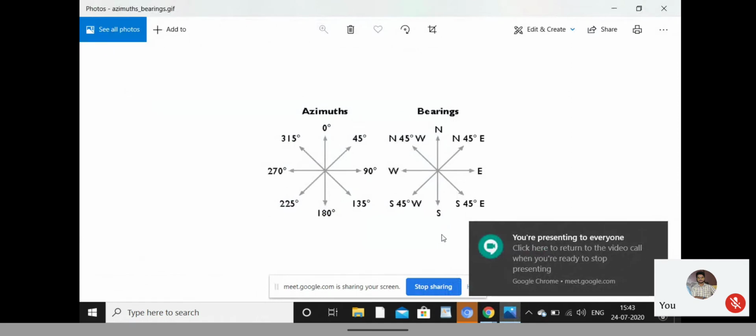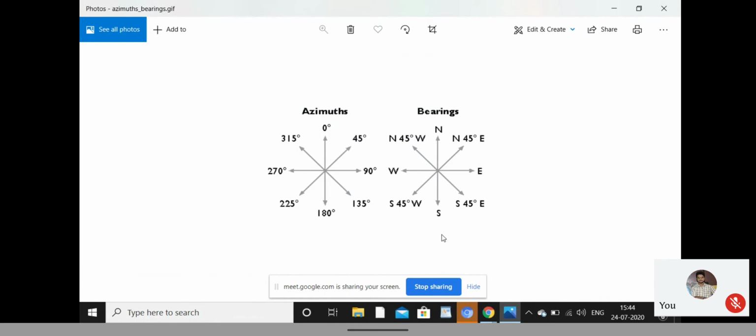See, we have 4 sides, right? North, east, west, south. The north is at 0, east is at 90, south is at 180, and west is at 270. So we can keep exactly 0, 90, 180, 270. If you keep it at the exact point only, it will show you north. If your compass arrow is here, it will show you east, or sometimes it will show you north. So we need to set one range. 0 to 45 should show the north.